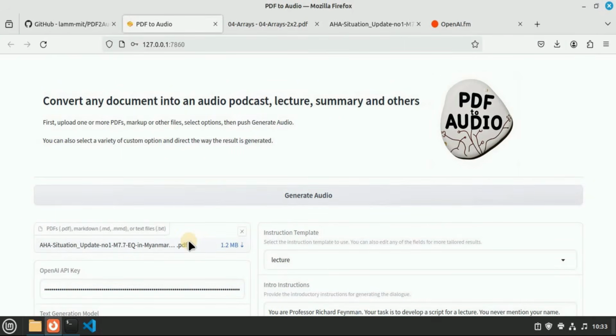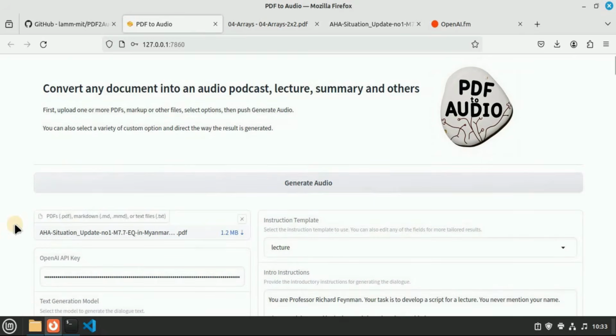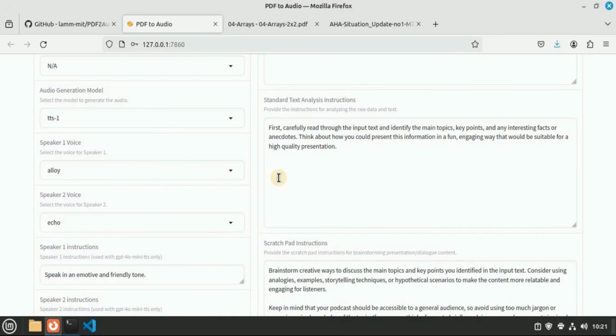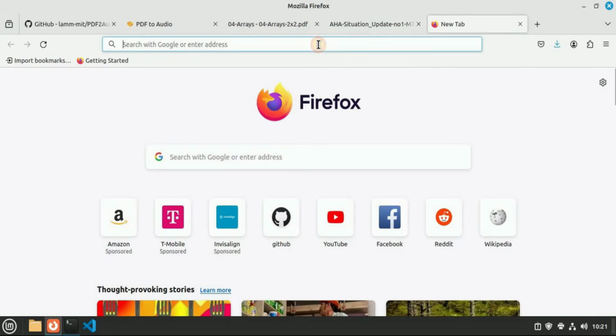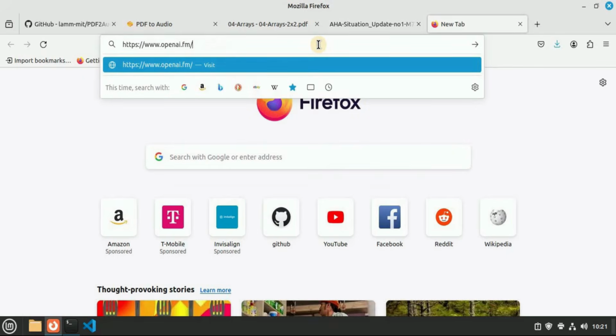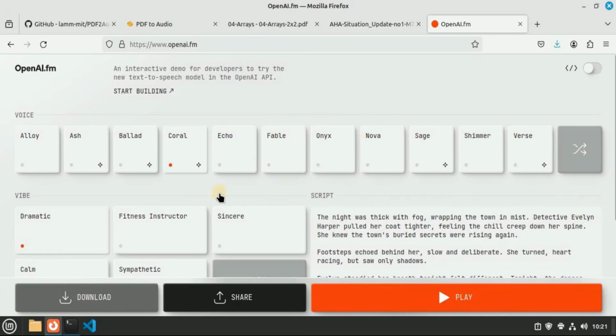Then the next thing is to set the speakers for the voices. But if you're not sure how each of these characters sounds, and if you want to test the characters' voices first, then you can always do that using the OpenAI Playground to hear all of these voices. So in order to visit that, you simply have to go to the URL openai.fm. Once you run it, it is going to redirect you to the OpenAI Playground, and here you can see that you have all of these different characters and you can go ahead and test out their voices. So let's test the first one. Select the character and then click on the play button.